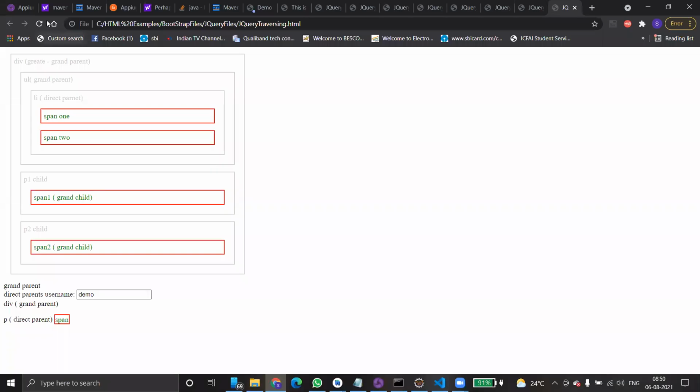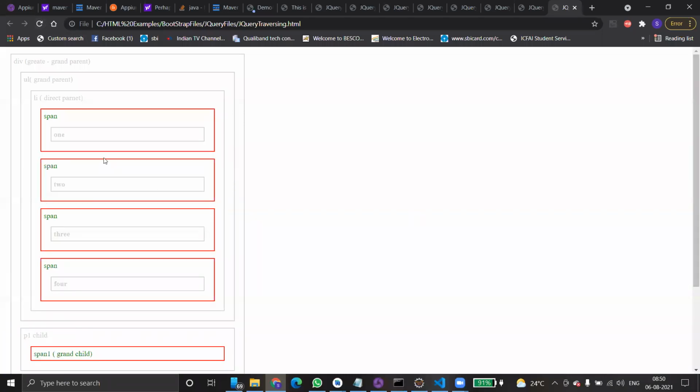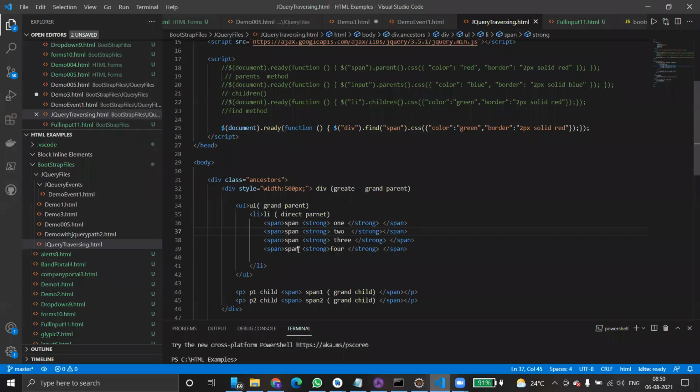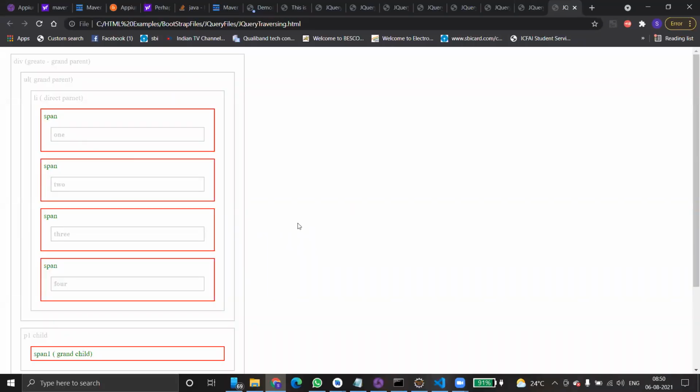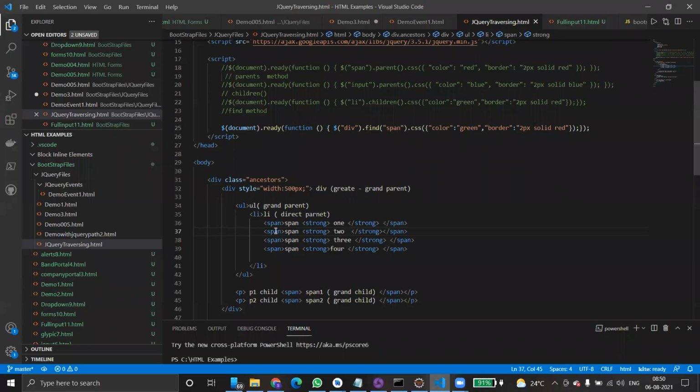It refreshes. 1, 2, 3, 4. So how many siblings are there? Four elements are there, but I have added one more tag, it has become a child of the span.